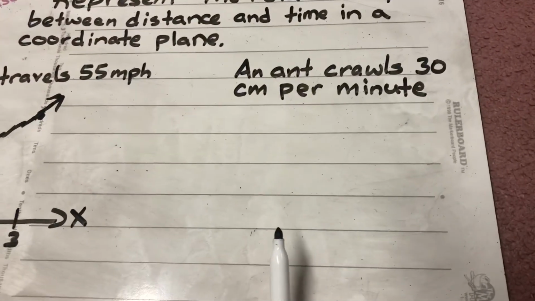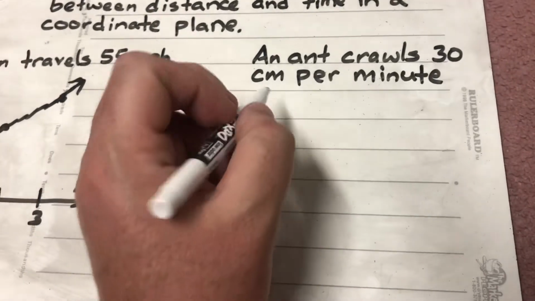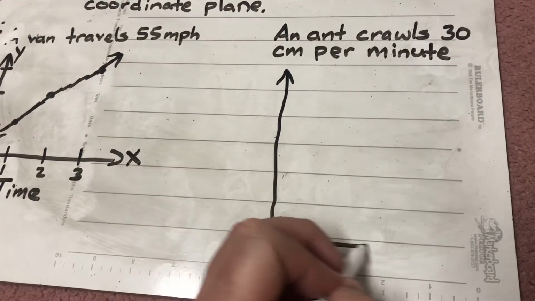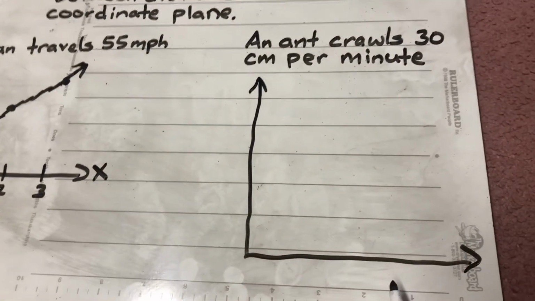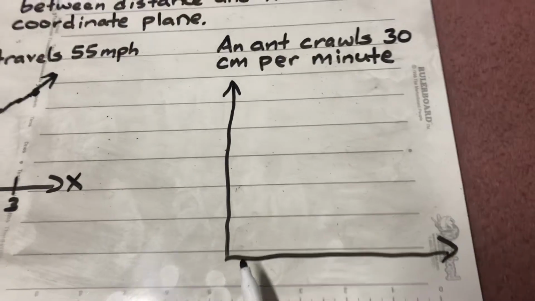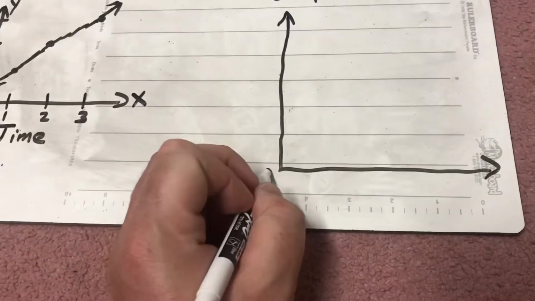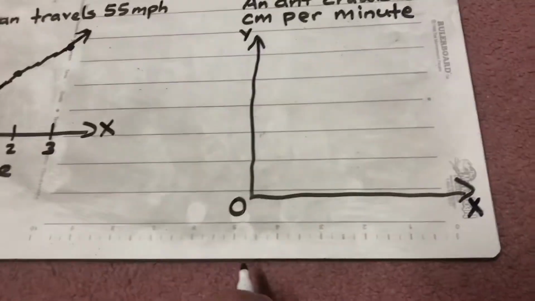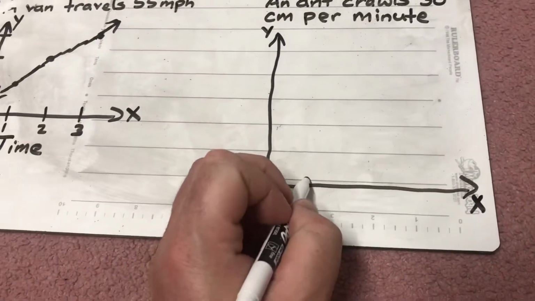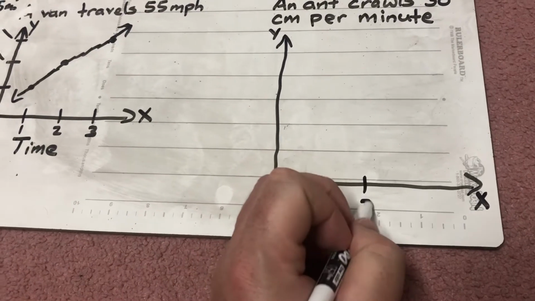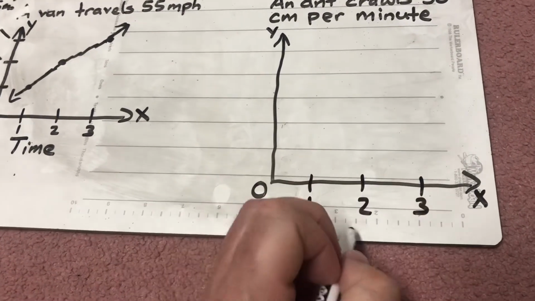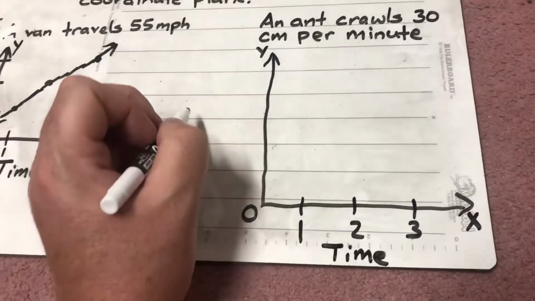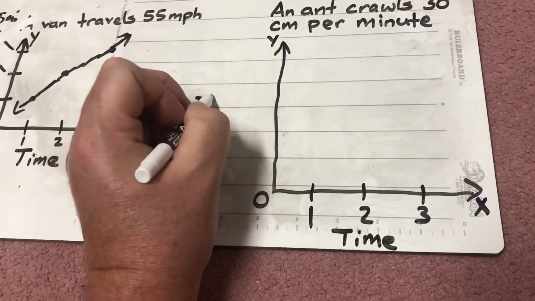Now, let's do our next one. An ant crawls 30 centimeters per minute. So once again, remember what we start with. We get our y-axis and our x-axis, and you're going to want to make these big enough where you can actually read them. All right, and it's going to start with 0. There's our x-axis. There's our y-axis. Per minute: 1 minute, 2 minutes, 3 minutes. Once again, our x-axis is going to measure time. Our y-axis is going to measure